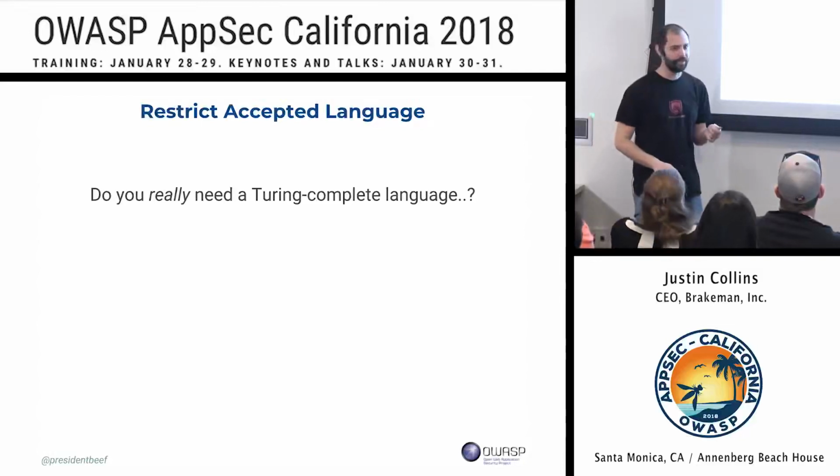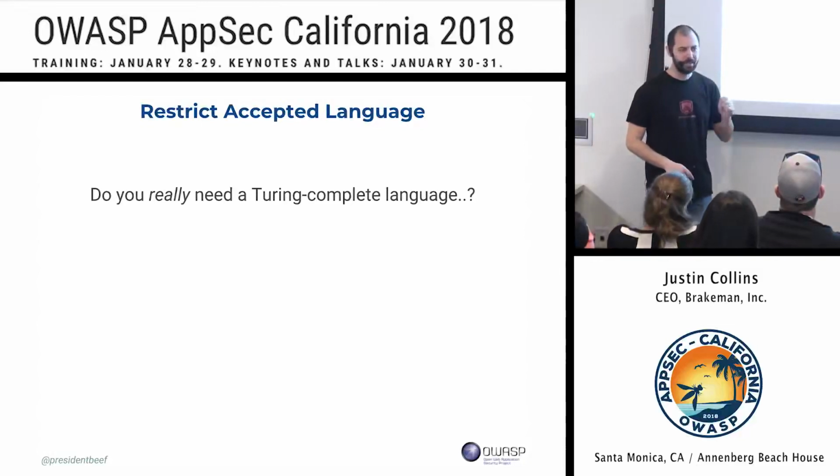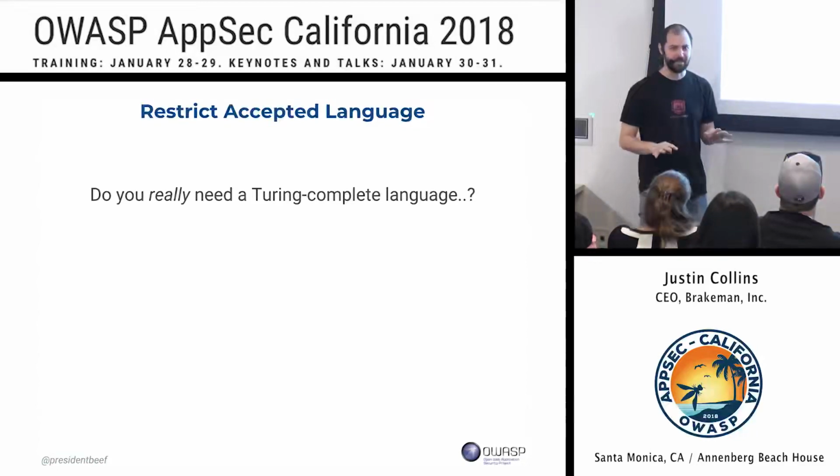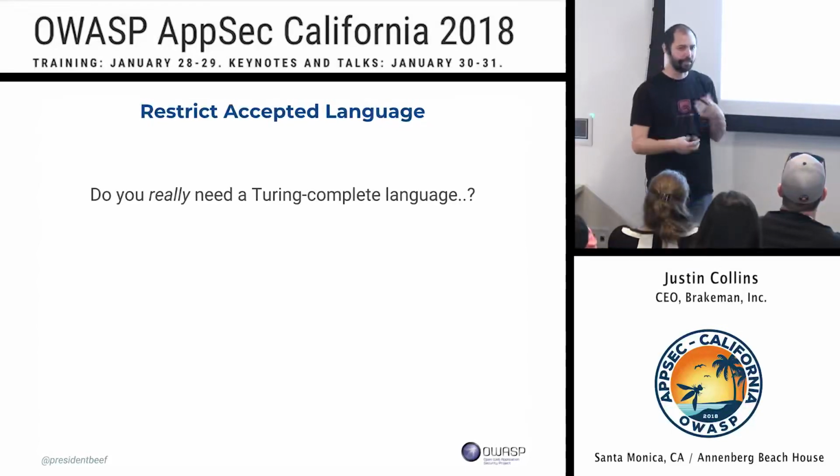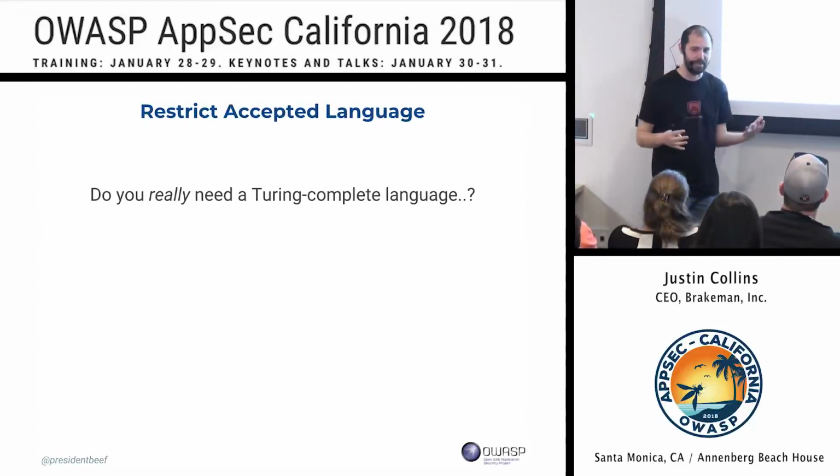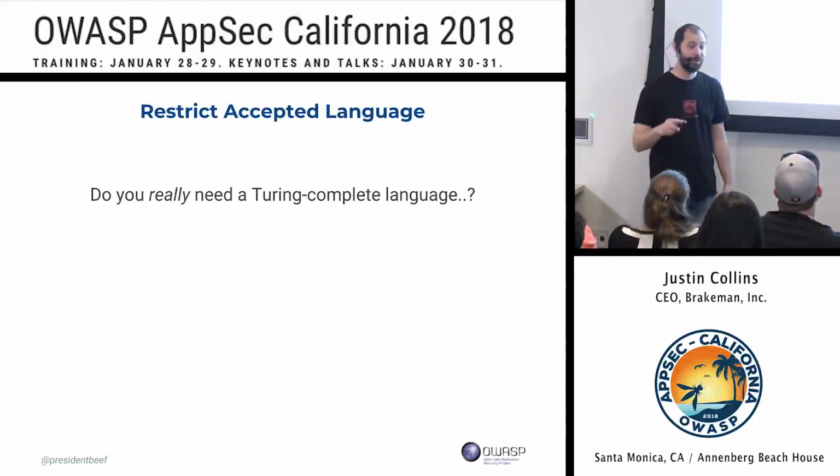I think a good example is HTML. If you only had HTML, but no JavaScript, no Flash, anything like that, you're limited in what you can do. You can do some content injection maybe, but you can't really execute code. You don't have the opportunity to have a Bitcoin miner in an ad, right? You just can't do it. Or if you can, you should probably give a talk on that, because that would be really impressive.